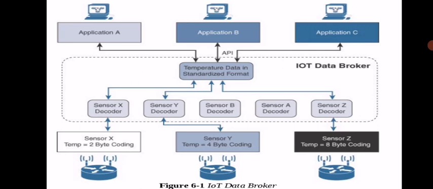But here we have an intermediate broker, the data broker, who is responsible for handling this kind of mismatch in the data code we are generating using the class 0 sensors. See, why do we need to go for this data broker, and why do we need this standard format? We are avoiding, observe my words, the application layer protocols. The job of the application layer protocol is that such unformatted data we are getting should be formatted in a proper method, and later it should be submitted to the applications. Remember this.